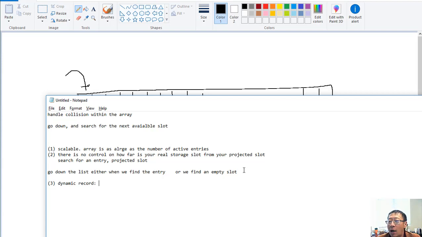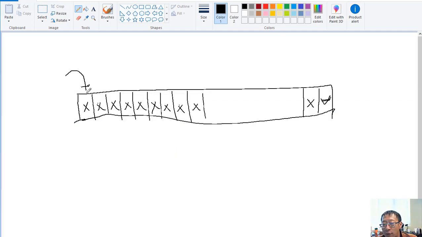Every time you have a collision, you need to go down the list until you find an empty slot. And let's say later you say, I want to remove this record. So you remove this record, and now suddenly this slot becomes empty. And when I try to search for the entry that I just added here,